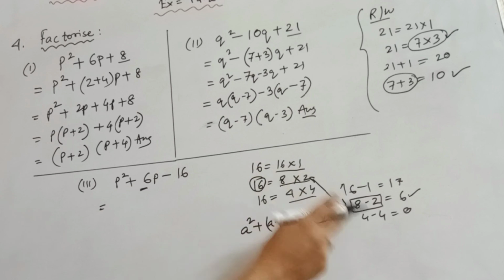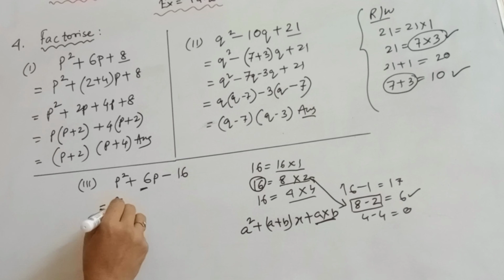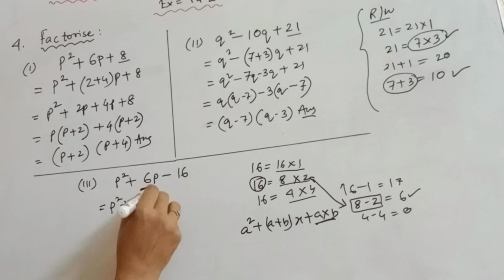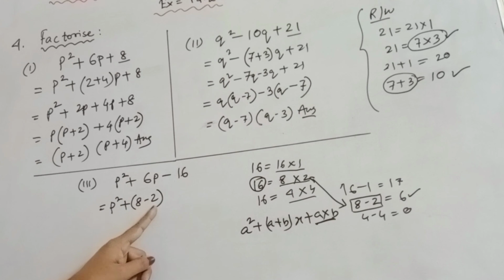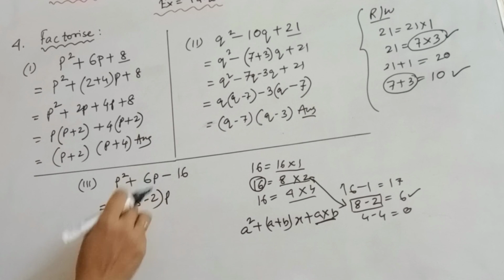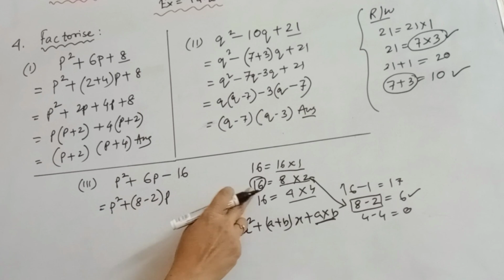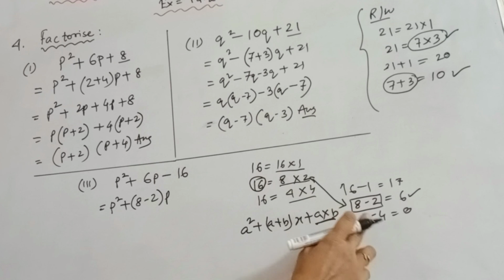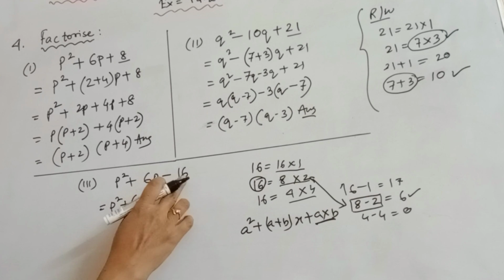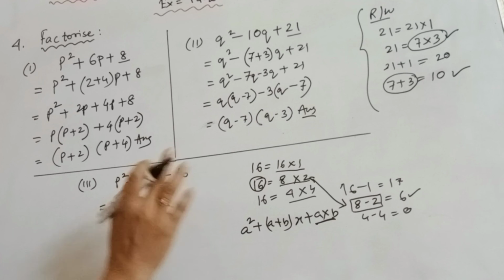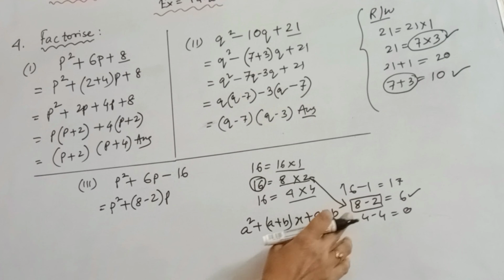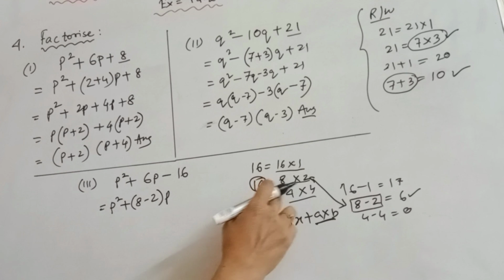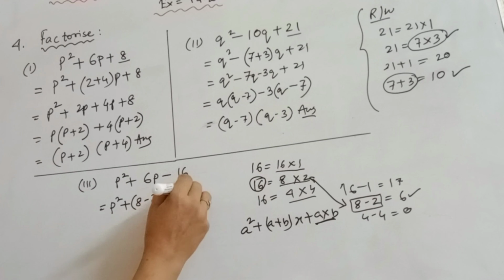Now after selecting this one, our work will be easier. Now 8 minus 2 will be 6, splitting the middle term. We can split the middle term as 8 minus 2 instead of 6p. We are getting 8 and 2 as the factors of 16. And why are we subtracting 8 and 2? Because before the last term, the minus sign is there. So here one will be minus and one will be plus. So we need to subtract here. 8 into 2 is 16, and 8 minus 2 is equal to 6, minus 16.